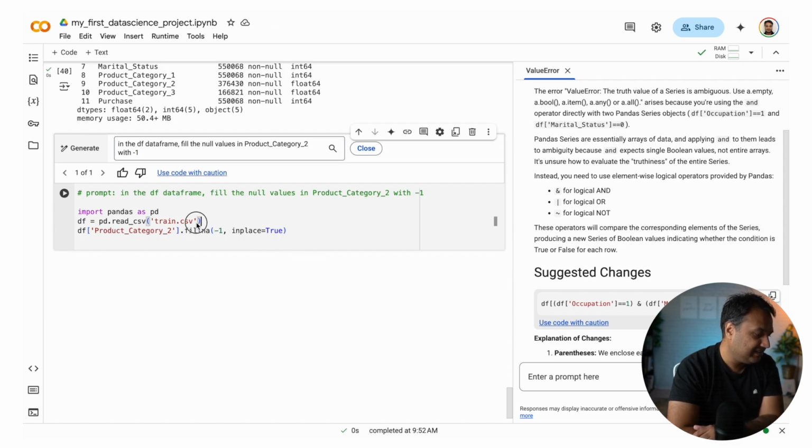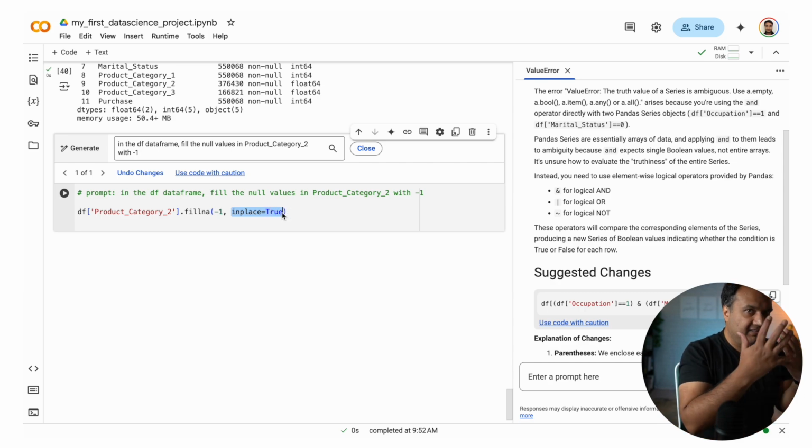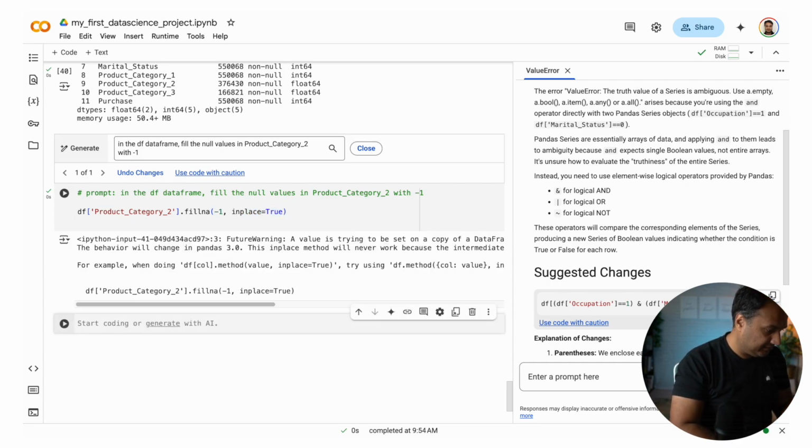Okay, so it has done this. We already have it, so it doesn't have to re-import it. But yes, this. So we start with the data frame. We tell what column we want to do. We say fillna, fill null values with this. So it will fill every null value with -1, and inplace equal to True means that within the data frame, just make the changes. You don't have to assign it to another variable on the left-hand side. Let's do it.